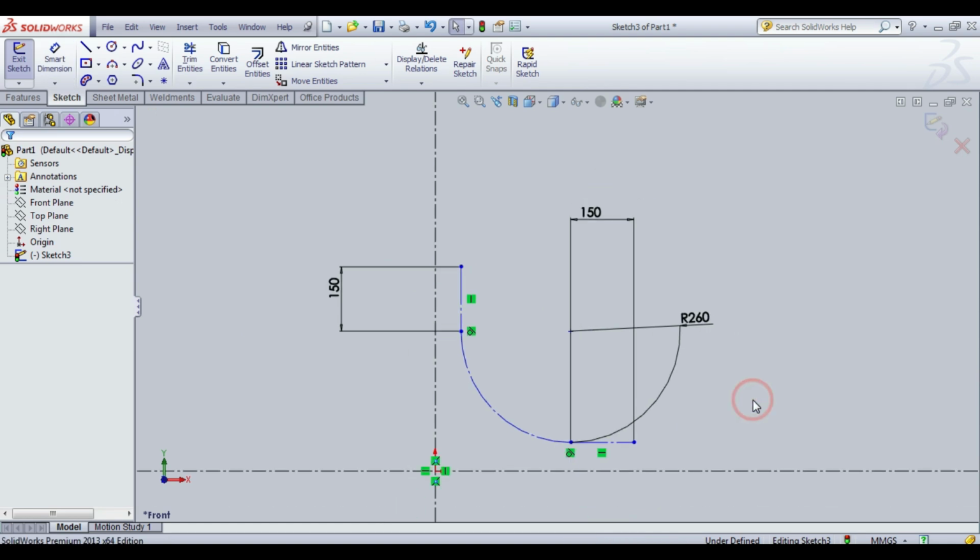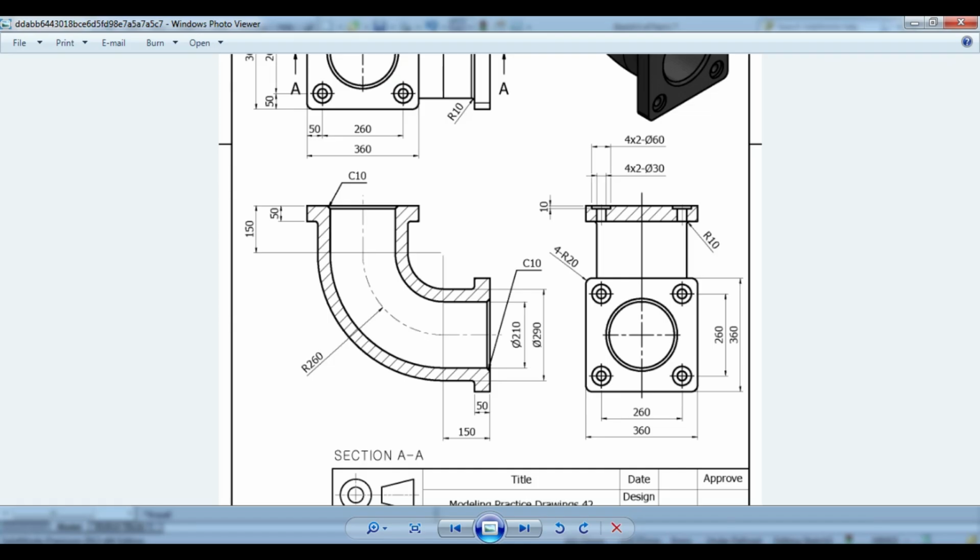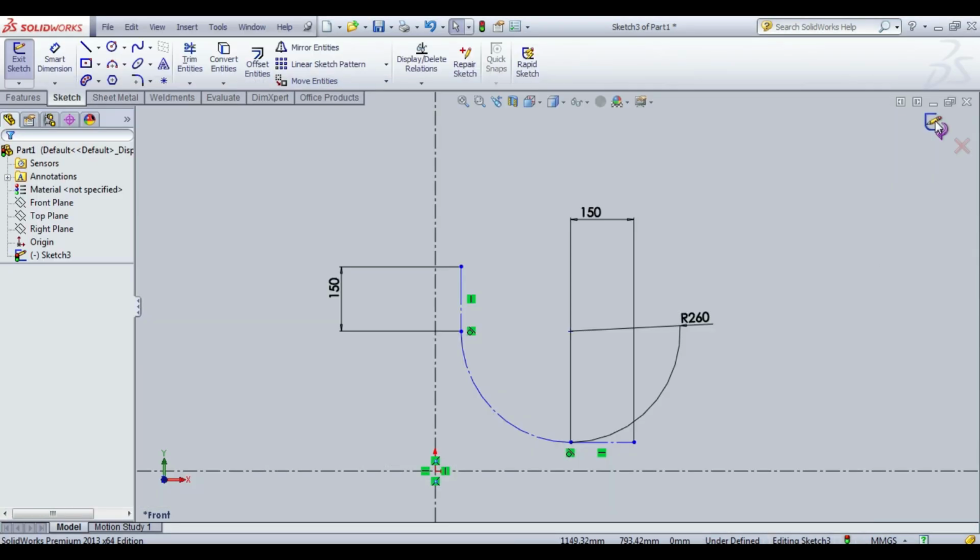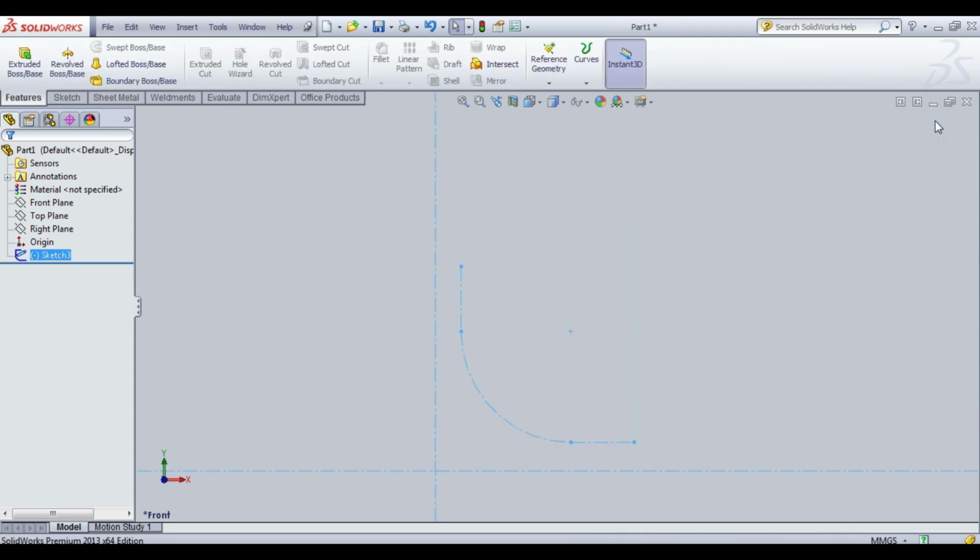After that, exit sketch. Click on the reference geometry. Go to the plane. It will be a little bit slow.